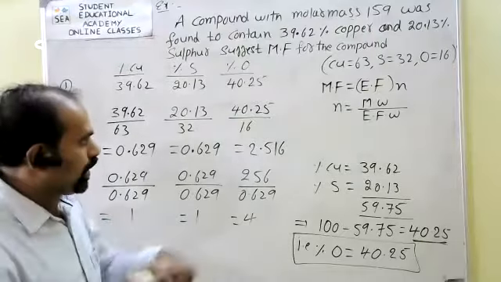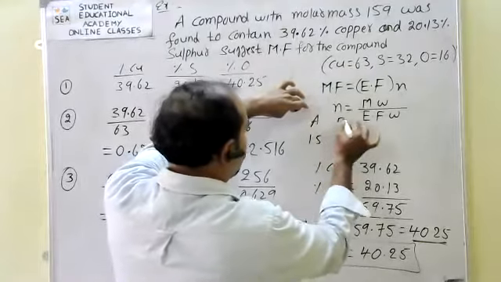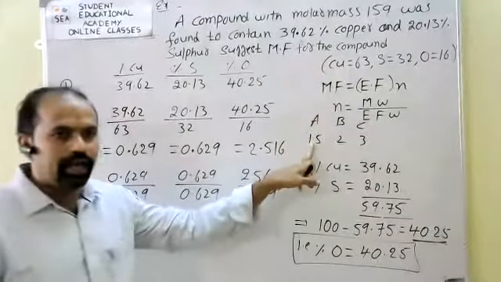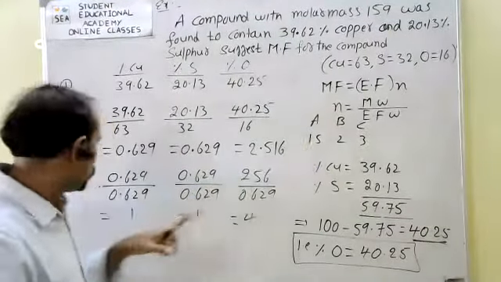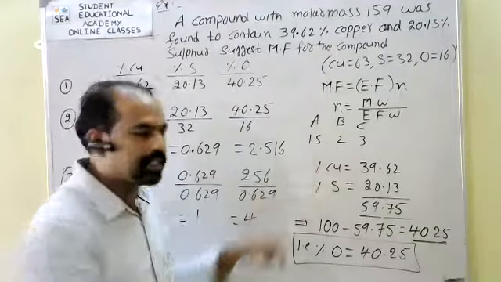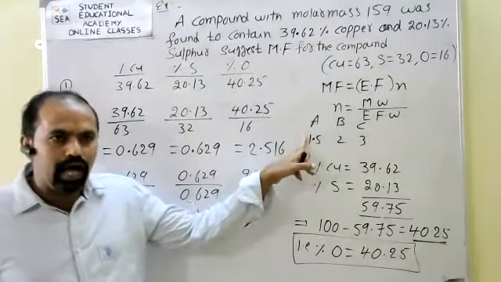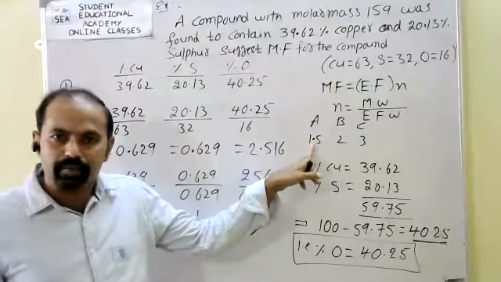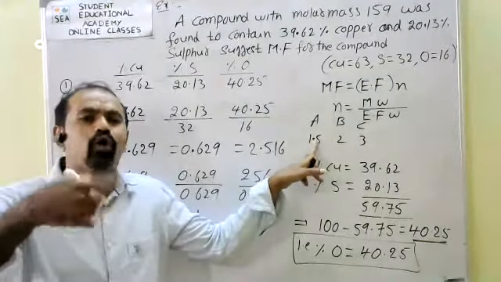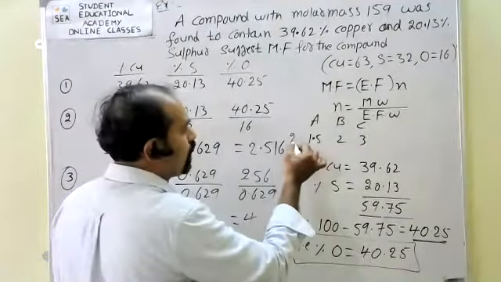Understood that? Okay, if in this case I got A as 1.5, B as 2, C as 3, so I got the ratio in this step: A 1.5, B 2, C 3. But here it is a 1.5. See this, it is a ratio. So now it is multiplied by a suitable integer to obtain whole numbers. Multiplied by a suitable integer means I will take 2.